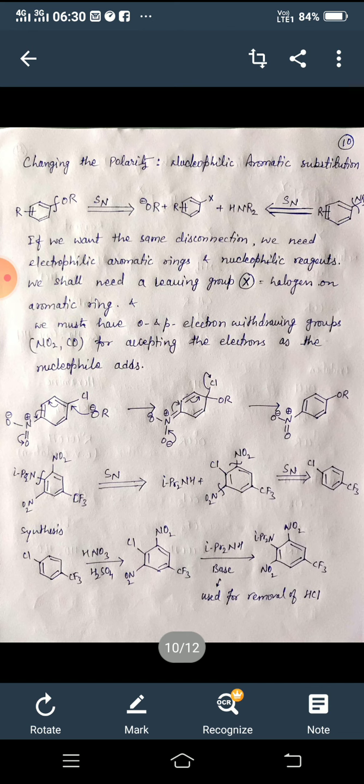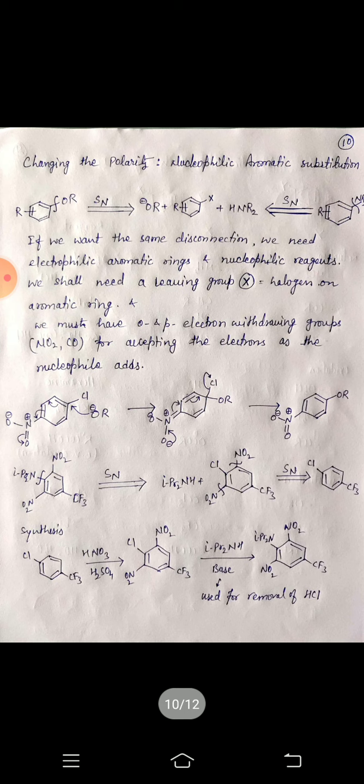So for the synthesis of this target molecule, this available starting material after the nitration we'll get this nitro group at 2 positions in presence of CF3, because CF3 is the electron withdrawing group, so nitro group will attach on meta positions, and in presence of base isopropylamine group attached to this carbon atom which is attached with the Cl group.